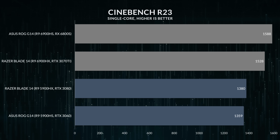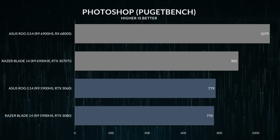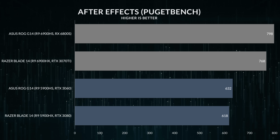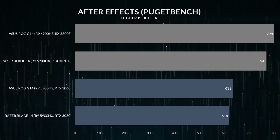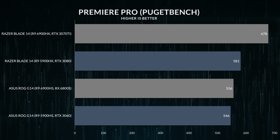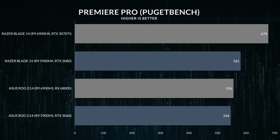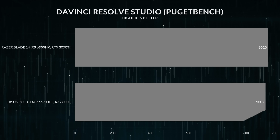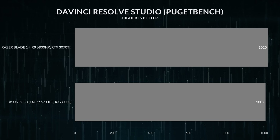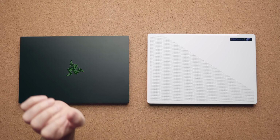If you are doing anything that remotely involves creative work, it really comes down to the specific application you're using. With Photoshop and After Effects, this 6800S outperformed the 3070 Ti. I'd imagine the 3080 Ti would push back. If you're talking about Adobe Premiere Pro, then the Blade 14 performed better than the G14. I also did a DaVinci Resolve test because I personally use DaVinci Resolve. I stopped using Premiere a long time ago, and the Blade 14 slightly outperforms the G14, but the difference is